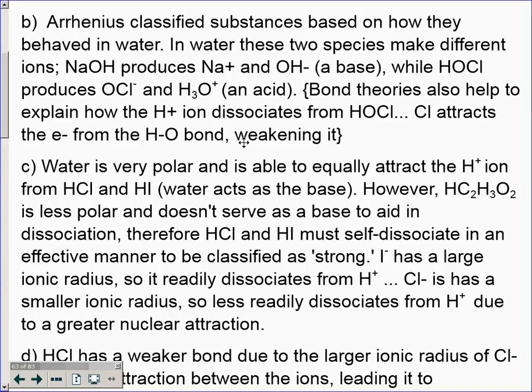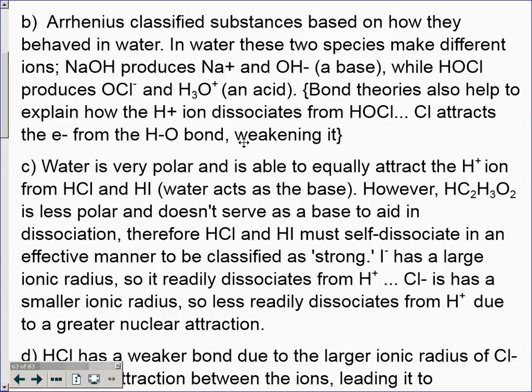So water is taking advantage of that. It's going to attract H+, and it will dissociate really, really easily. Basically water is able to do that with all strong acids, so in this case HCl and HI. But when you get acetic acid involved, it's not as polar. It is polar, but it's not as polar. So it can attract the H+ from a situation that's already not so stable, but it cannot really attract H+ from the HCl scenario,